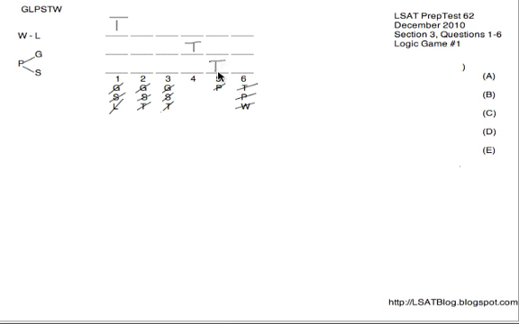Now, G and S can't be on any of 1, 2, or 3, so they have to be on 4, 5, or 6. So when T's on 4, G and S will be interchangeable on 5 and 6. When T is on 5, G and S are interchangeable on 4 and 6. And when T is on 1, G and S could still be on any of 4, 5, or 6, of course,